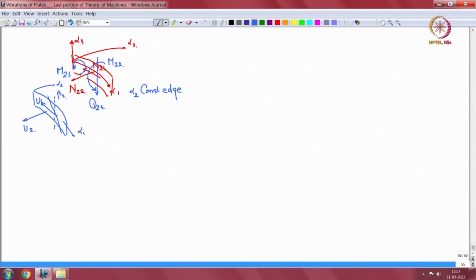Then q23 is associated with u3, okay. Then m21, this m21 is associated with the in plane beta 1 here, okay. Beta 2 moves out of the plane or out of this surface, beta 1 is in the surface, okay. So now if we look at this boundary term,